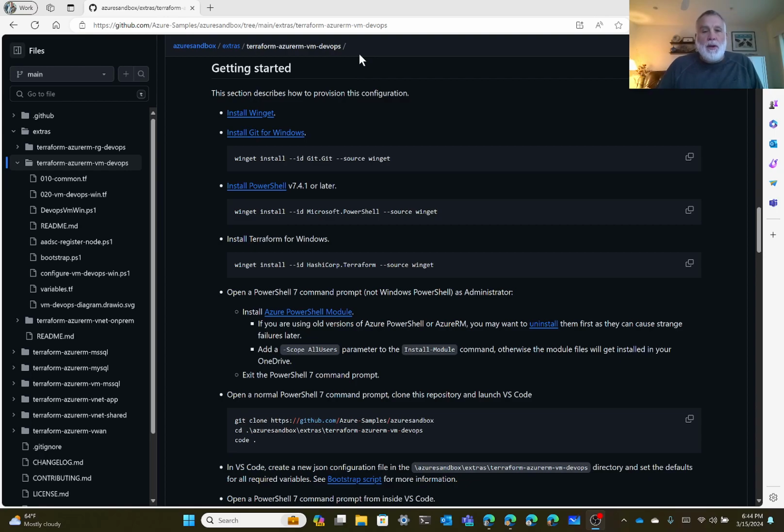Terraform Azure RM VM DevOps configuration. So this configuration is a little bit different from the rest of the Azure Sandbox because the bootstrapping of this configuration is done not using the Windows Subsystem for Linux. The reason for that is since the developer virtual machines themselves are Windows virtual machines, it's kind of assumed that the organizations that will be running this are Windows shops and may be a little reluctant to install the Windows Subsystem for Linux. So there is no WSL dependency for this configuration because all the bootstrapping is done using